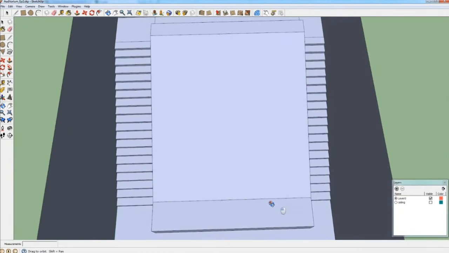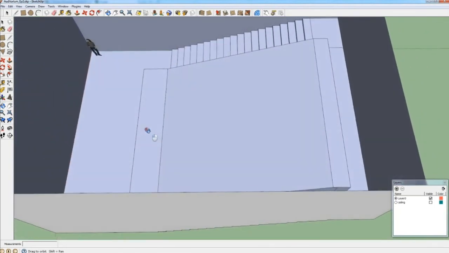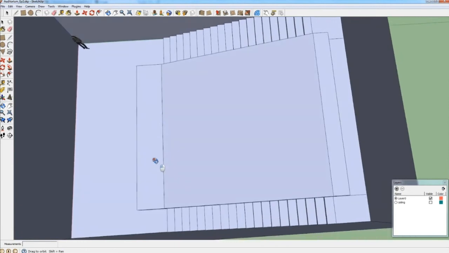We can finish now with everything inside the auditorium. We need to place a desk somewhere here. We need to place it 6 meters away from this side of the auditorium, so here somewhere, and then 90 centimeters in front of the front wall.